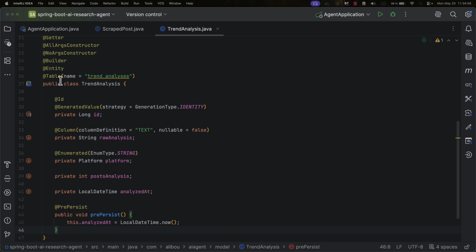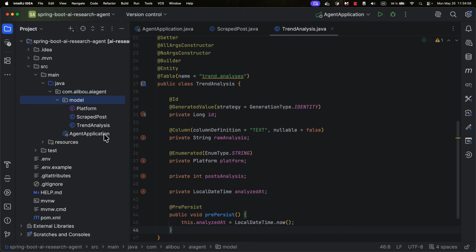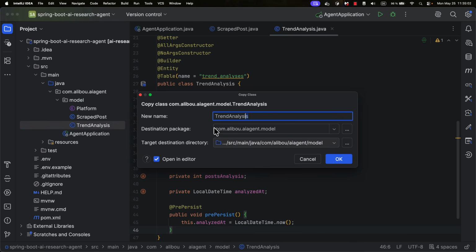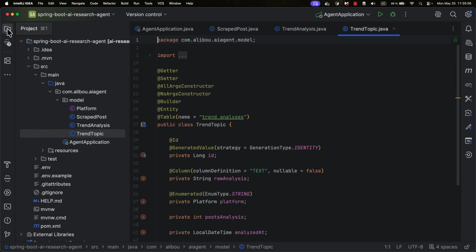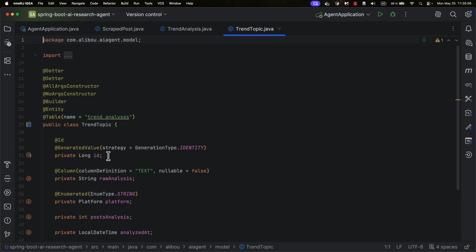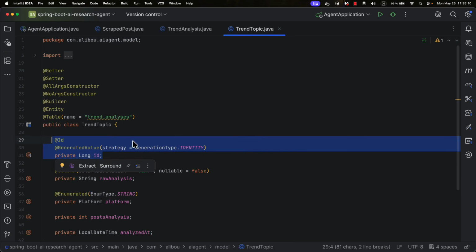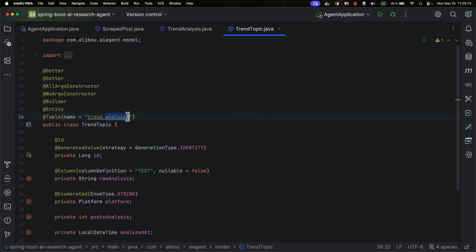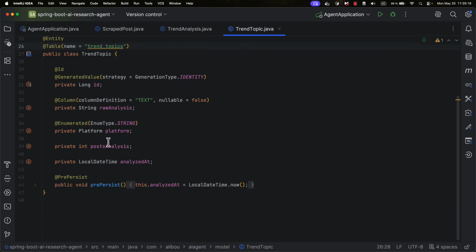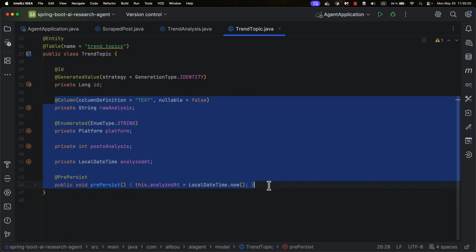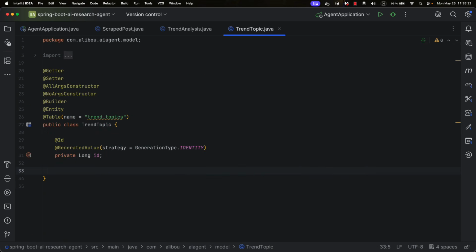So we have the entity trend topic. I will create, or I can just duplicate this one. I will copy paste it and call it trend topic. I'm feeling a bit lazy because I just didn't want to rewrite the ID multiple times. Anyways, here I will call this one trend topics and I will have the ID and I can remove the rest. Then I will define the different